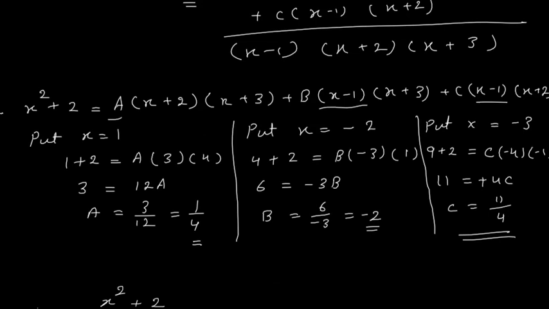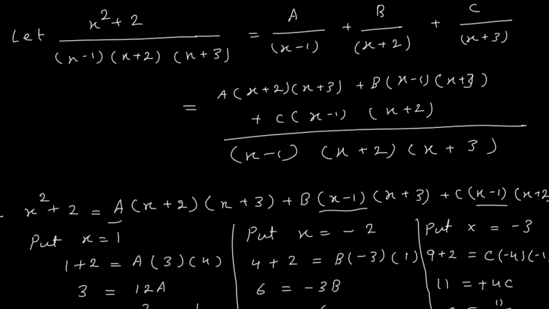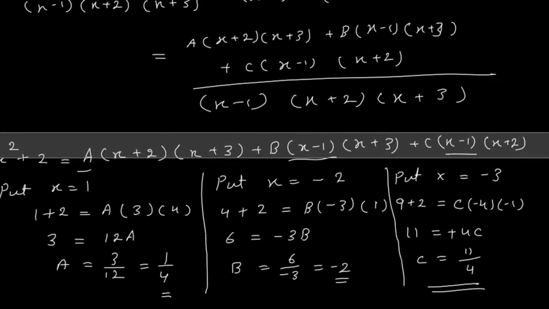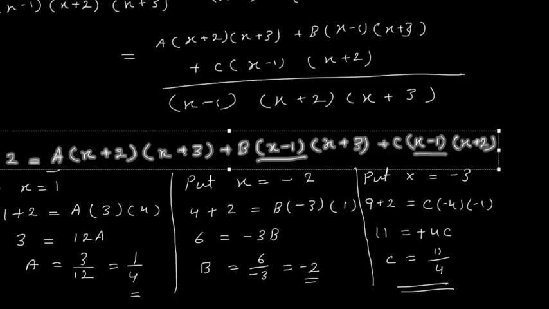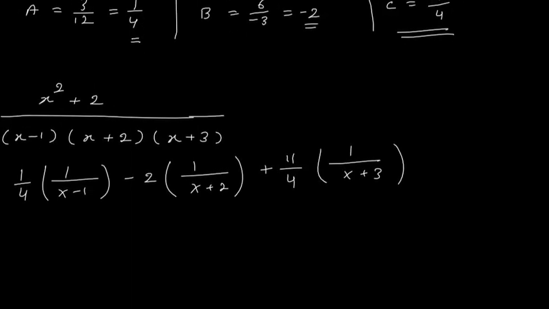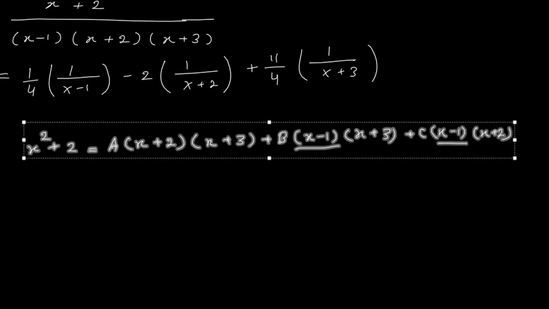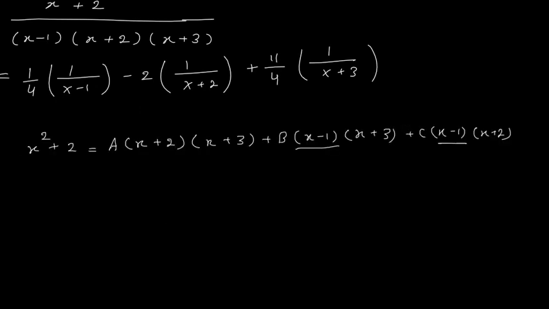Now if we are using the comparison method, then in that case what do we do? Till here, I have to do this, so I will copy this and paste it somewhere here. So this term is there. Now what I have to do is expand this right hand side. For expansion, I am not going to multiply this bracket with this bracket, this bracket with that bracket, like that. It will take a lot of time.